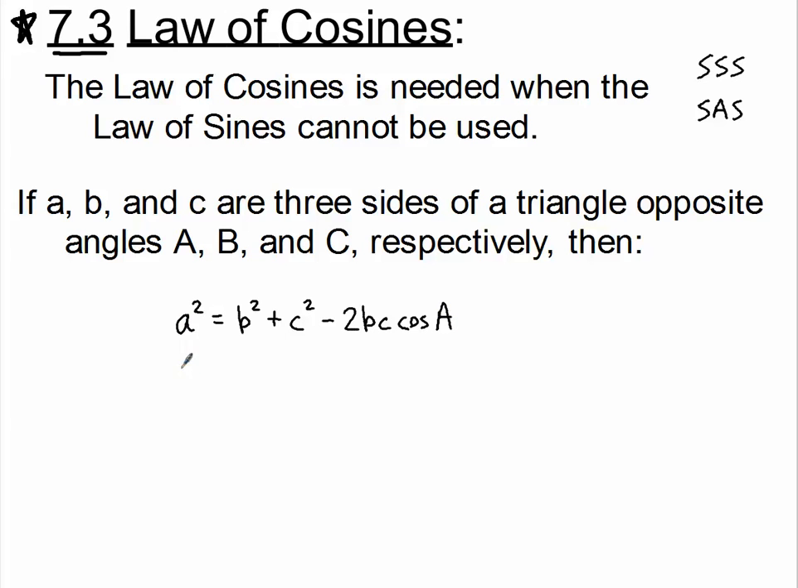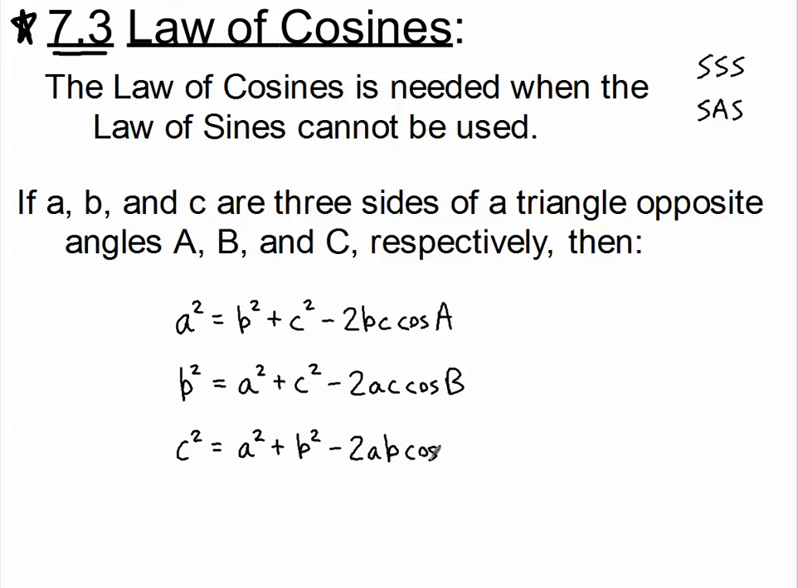The B law of cosine would be B squared equals A squared plus C squared minus 2 times A times C times the cosine of big B. And seeing that, you might start to see the pattern for these laws of cosine. You might be able to recreate the C law of cosine following this pattern. C squared is equal to A squared plus B squared minus 2 times A times B times the cosine of big C. These are the three laws of cosines,